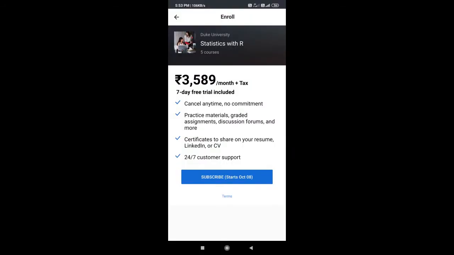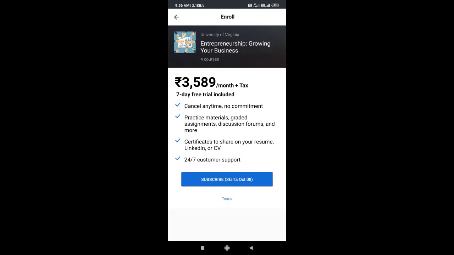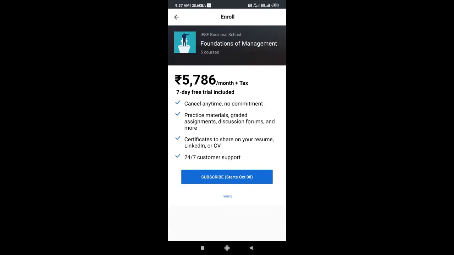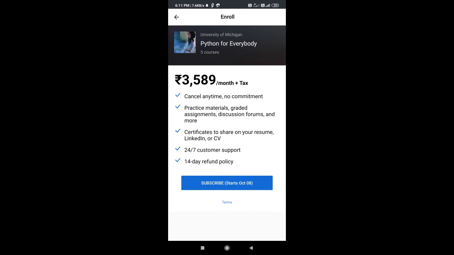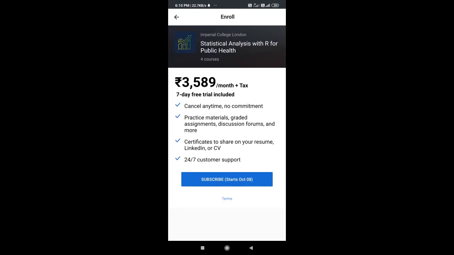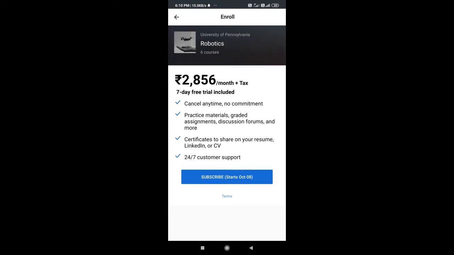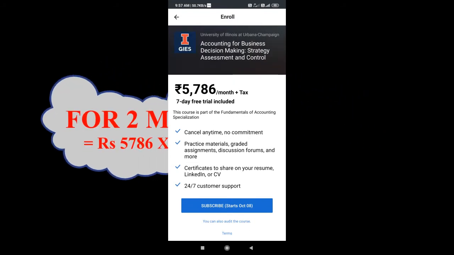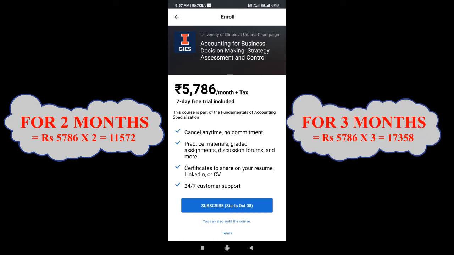When you visit the website, you will get to know that there are very few courses, maybe less than 1%, that are free of cost, but others range from 1000 rupees per month to around 10,000 rupees per month, or maybe more than that. These are some of the screenshots that I have already taken. The charges mentioned on Coursera are per month per course charges. It means that if the span of the course is more than a month, then you will have to pay double the amount. If it is more than 2 months, then thrice the amount.